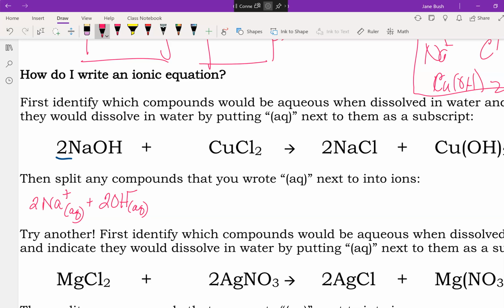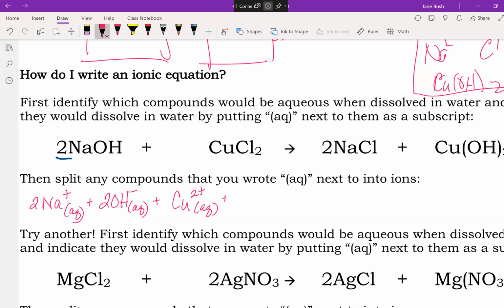How do I know? Because sodium is always soluble. Copper 2 chloride is going to break down into a copper 2 ion,